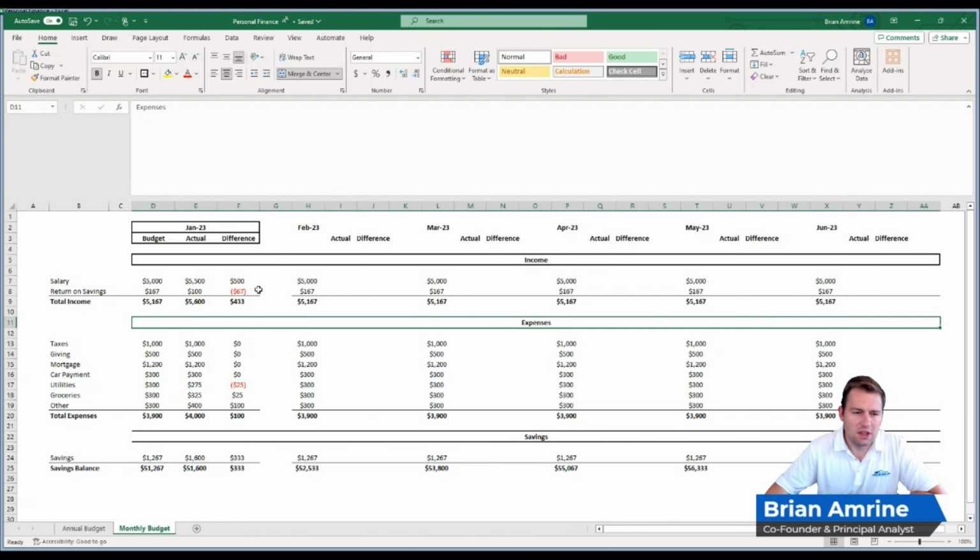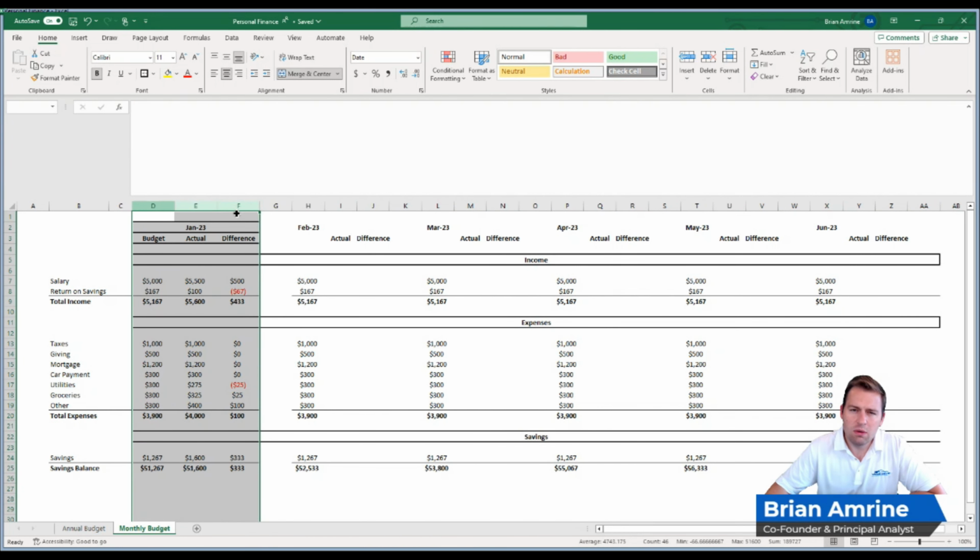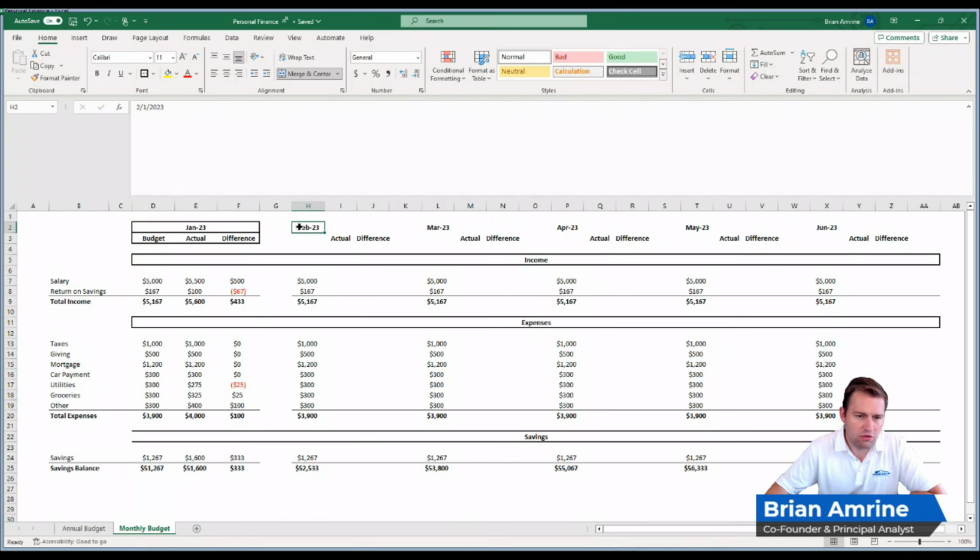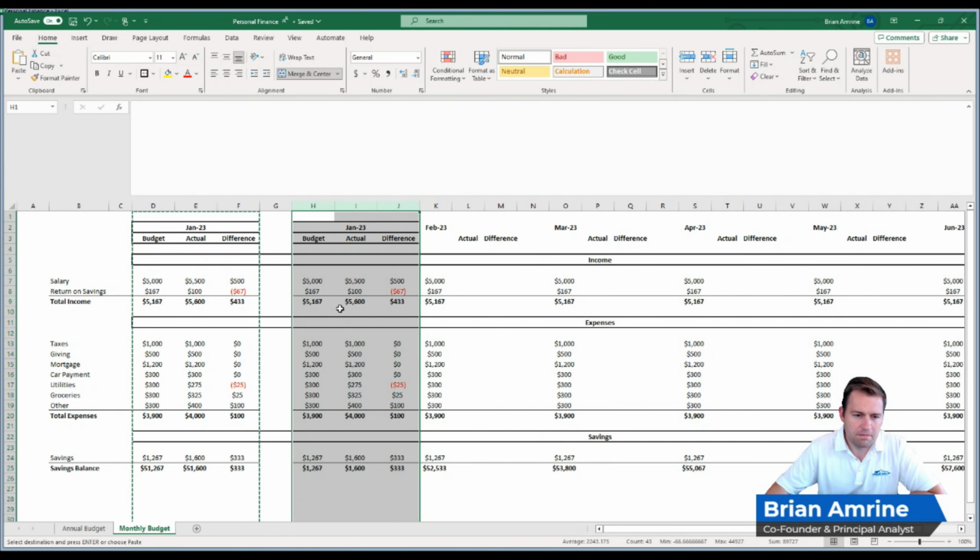A lot of different ways we could do this, but I kind of have a three column set of columns here for each month. The budget, the actual, the difference. You can see they're kind of grouped together, and from there I'd probably do the same thing for the other months. An efficient way to do this would be to highlight these, copy these cells, insert,